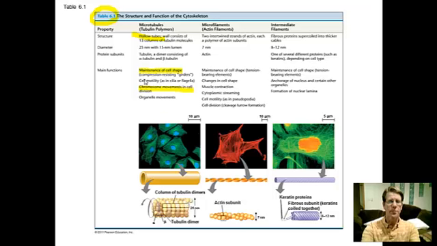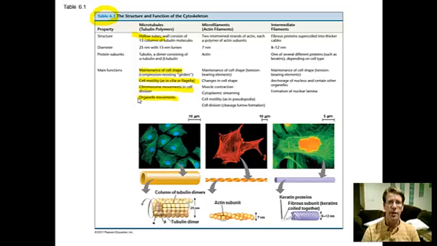Cell motility, the construction of a flagella, cilia, that is going to be done with microtubules. And finally, if we need to move an organelle around, say we need some mitochondria in a different part of the cell, it'll be the microtubules that'll be primarily involved in taking that organelle and dragging it to some other